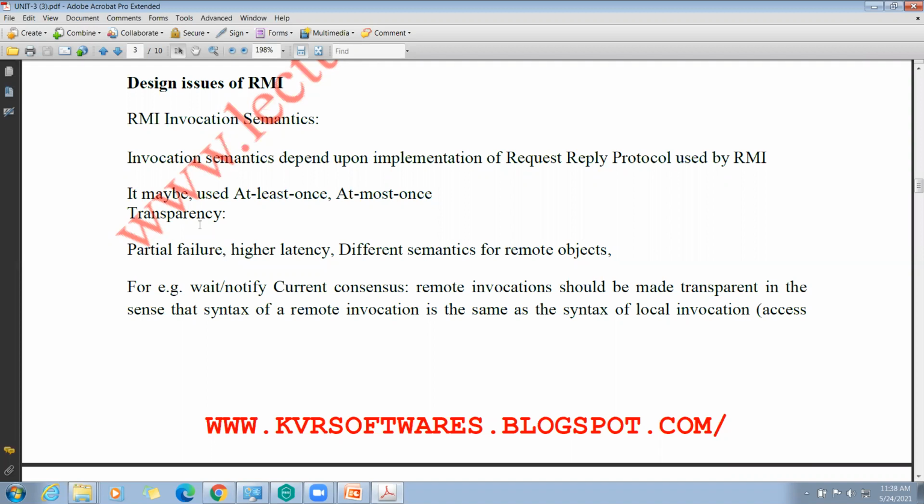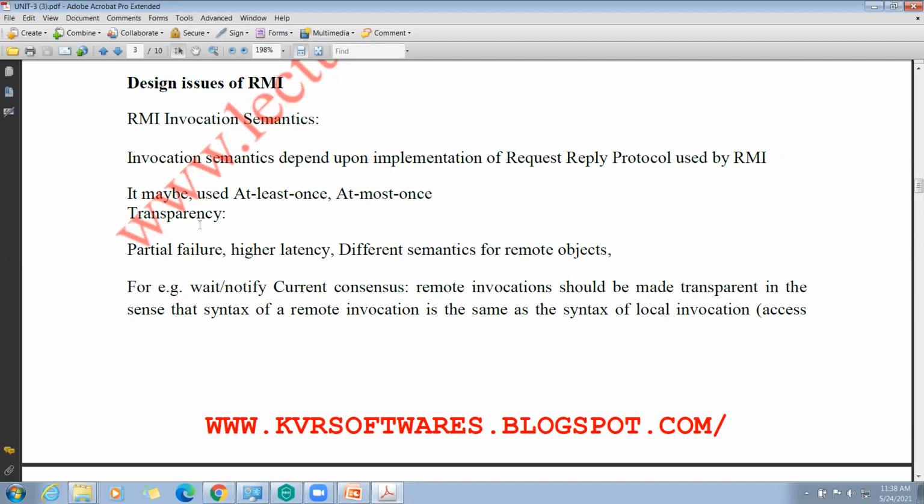transparency. In transparency, we are having issues like partial failures, higher latency, and different semantics for remote objects. First we need to know what a partial failure is.